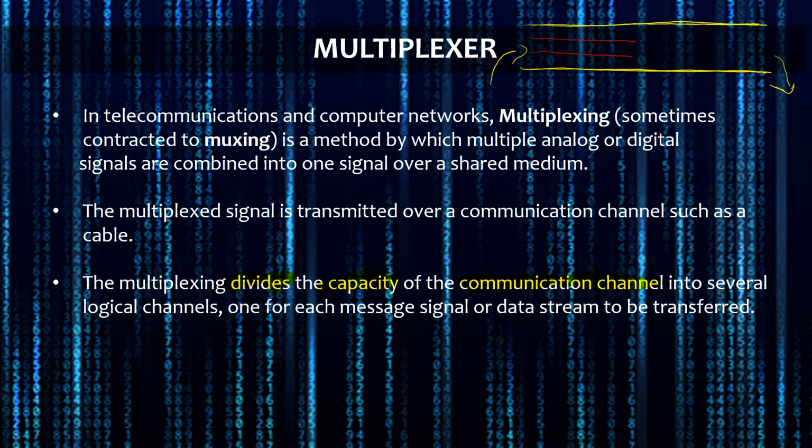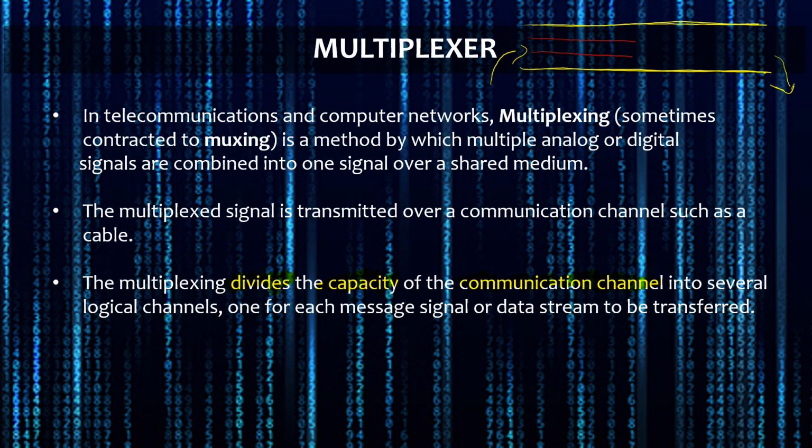So this is called dividing the capacity, because suppose it has the capacity to divide into a maximum of 10 different sections. In that case I cannot divide it into 11 sections, right? That's why we normally choose the maximum bandwidth for the communication channel, so we can pass the data. We will also learn what happens if I want to send data more than the capacity in later sections. But of course it never restricts us from sending the data. There might be a delay in the travel, but it will never say that no, you cannot send the data. So this is how multiplexing works.